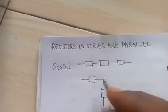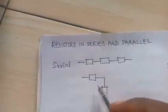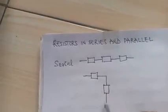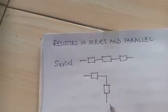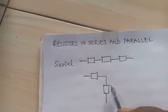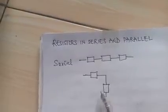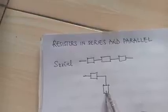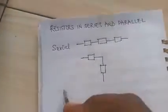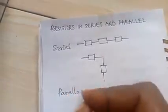And when they are in series, more voltage is drawn. It means more resistance, and lesser current is flowing. The more resistors you combine, the lesser current will flow. It means if you apply a bulb, an example of a resistor is a light bulb, the bulb will appear dimmer because more resistance will be experienced. But when we have a parallel connection,